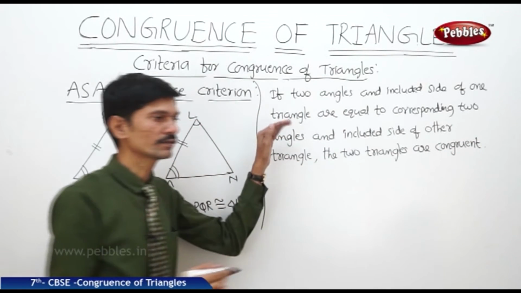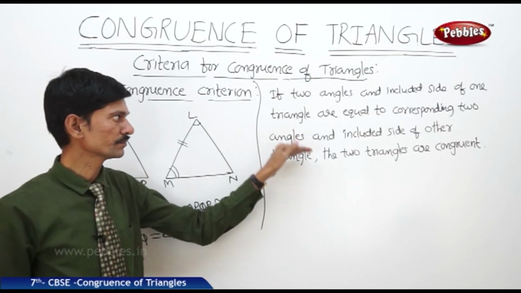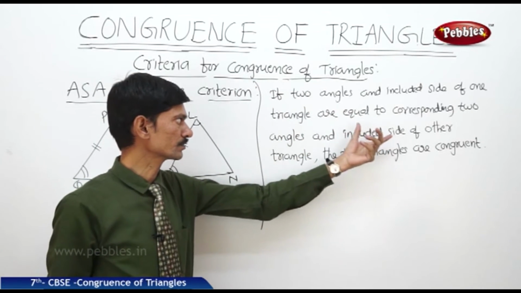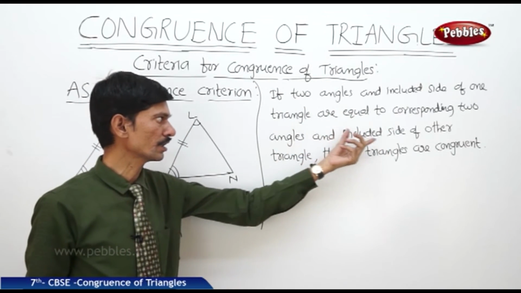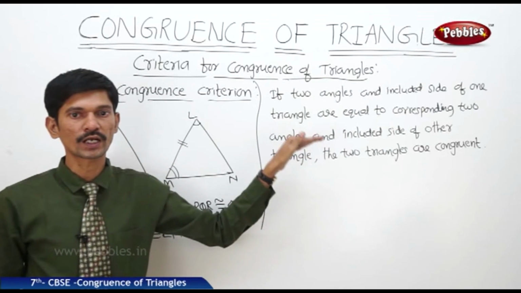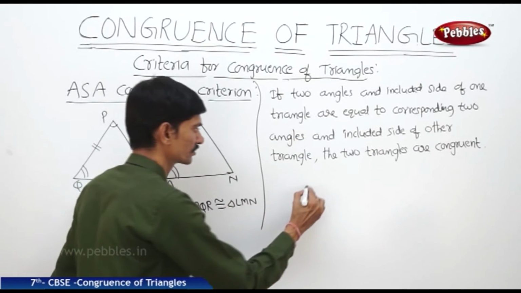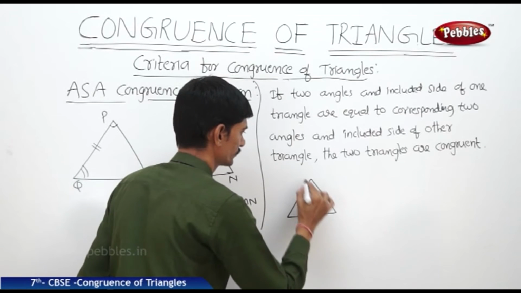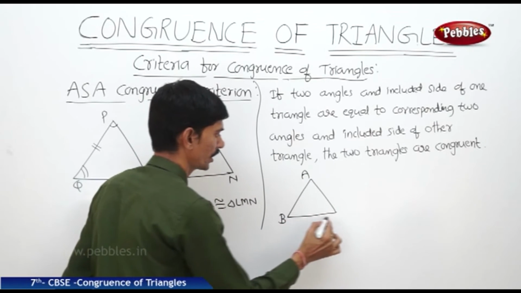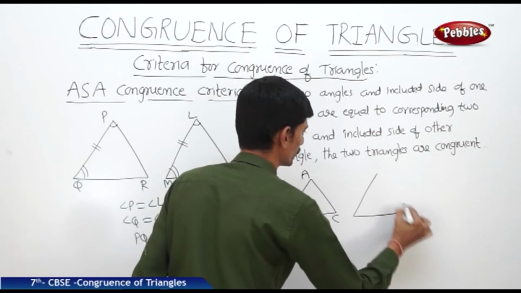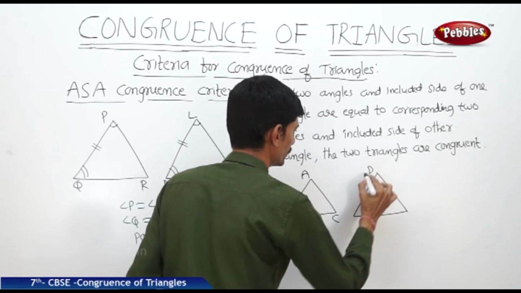So if the two angles and included side of one triangle are equal to the corresponding two angles and included side of the other triangle, then the two triangles are congruent. Now for example, in the two triangles, the triangle ABC and in the other triangle DEF,